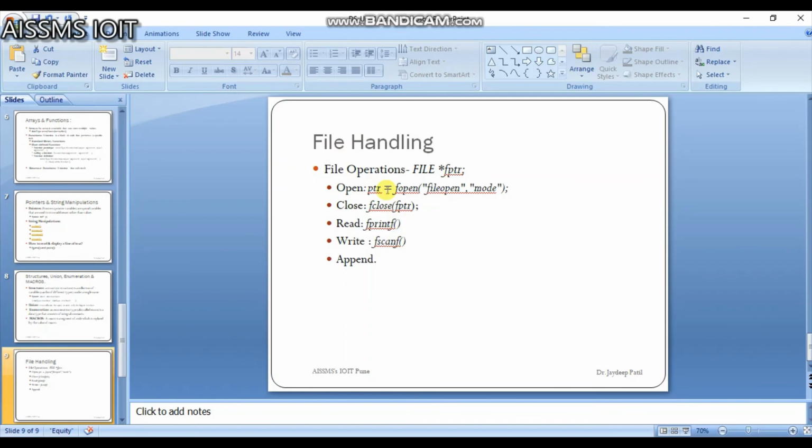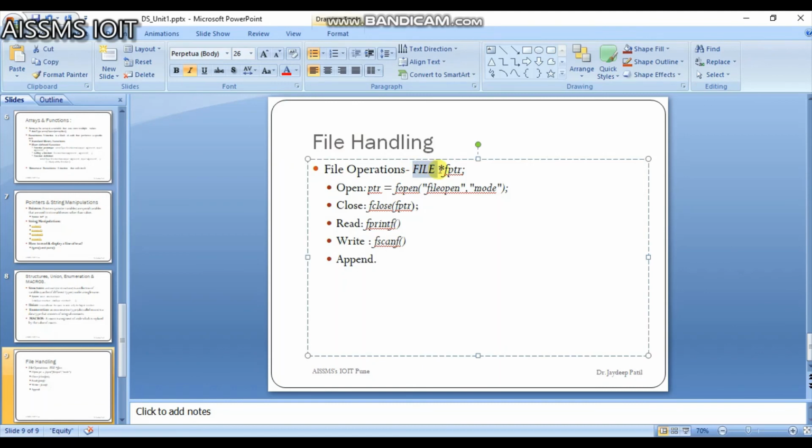For that we need to declare the file in our program. When working with files, you need to declare a pointer of type FILE, and this declaration is needed for communication between the file and the program. We declare it as FILE star file pointer.